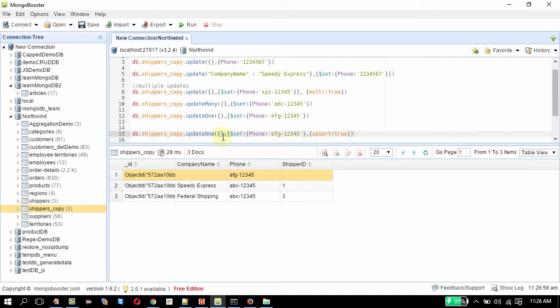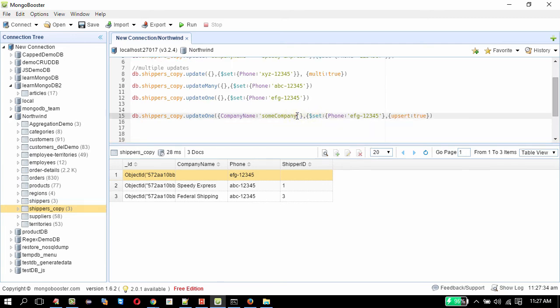Here, instead of an empty query, I'm going to give the company name as some company in Panama.